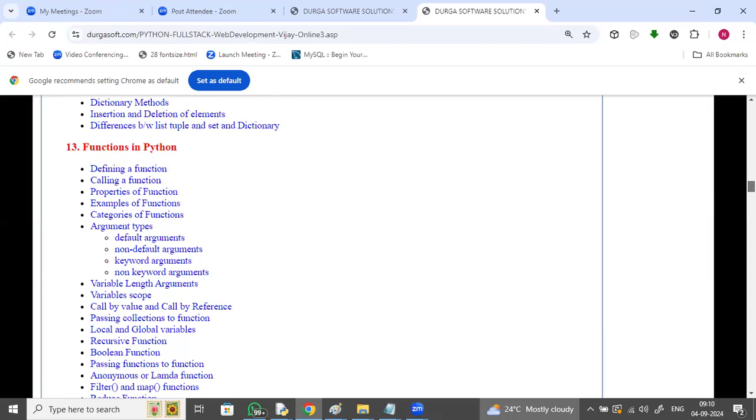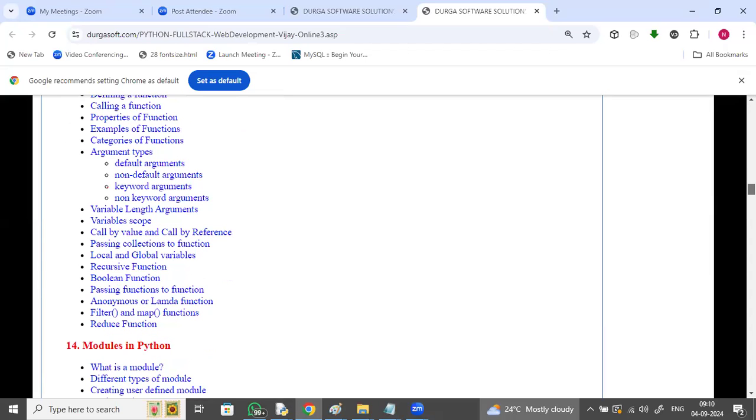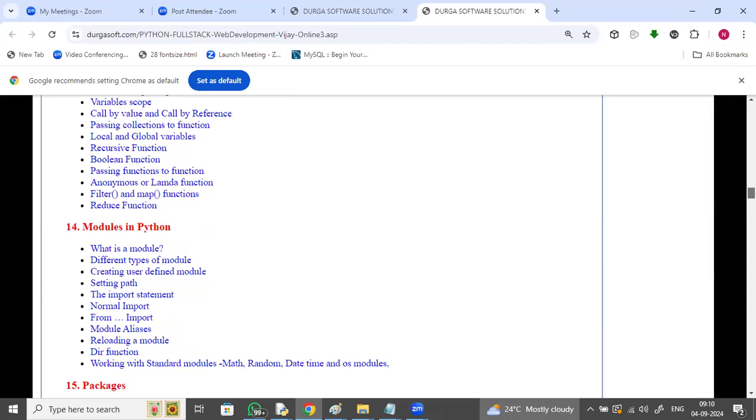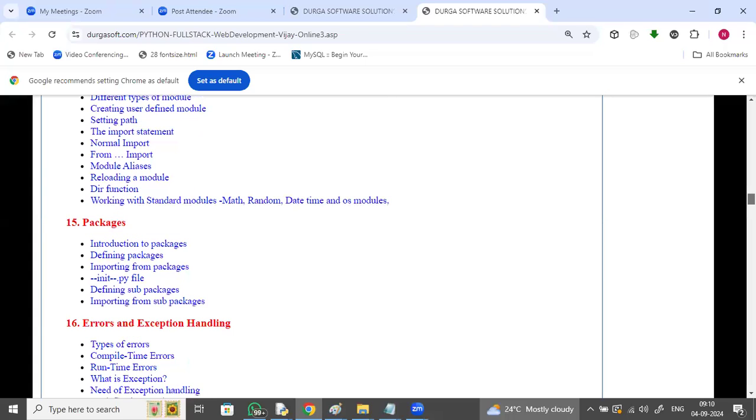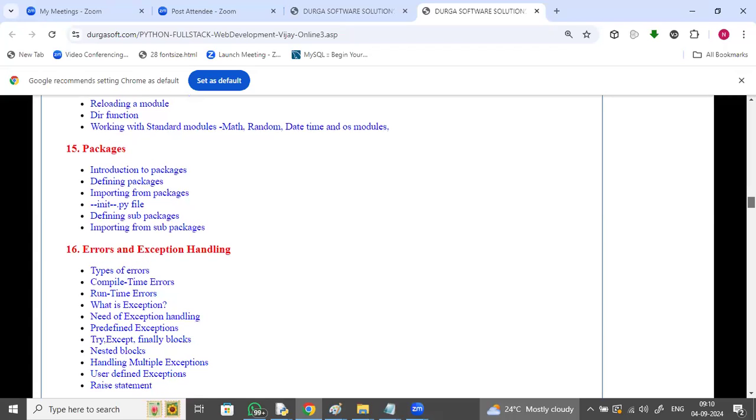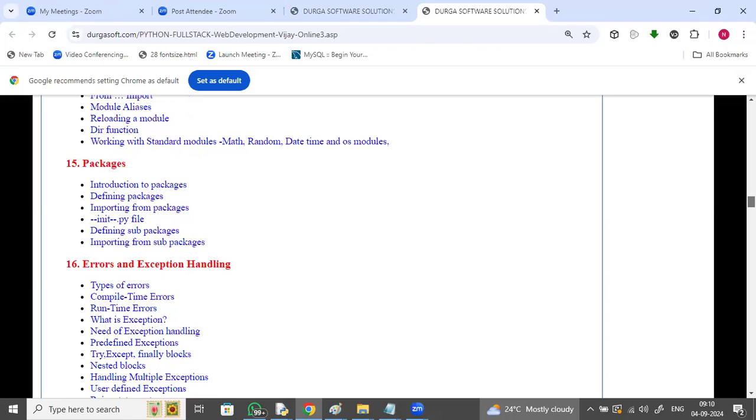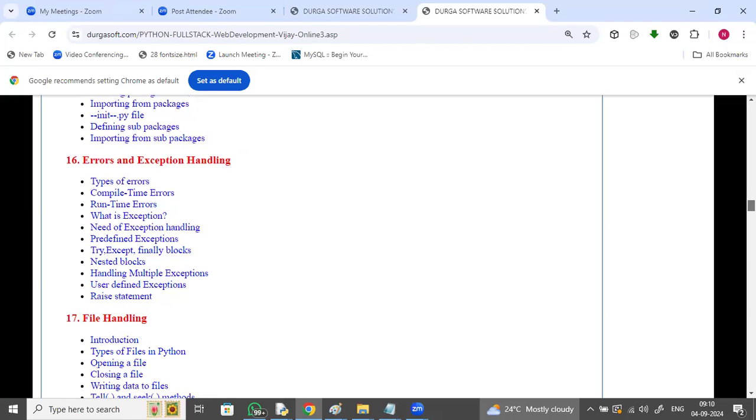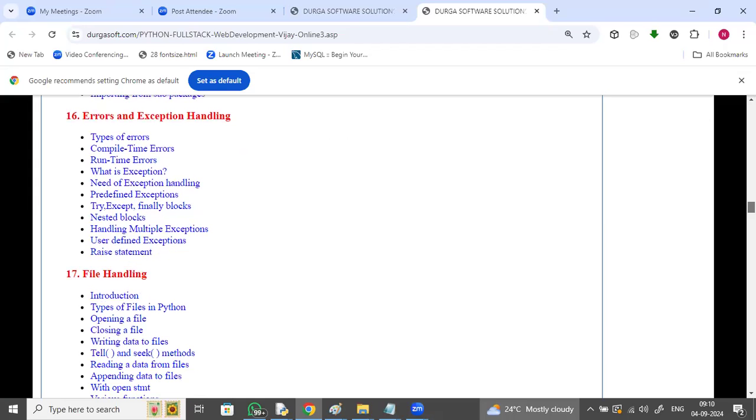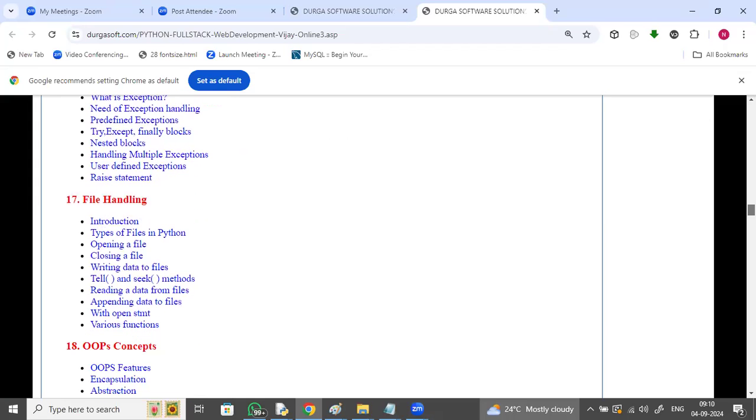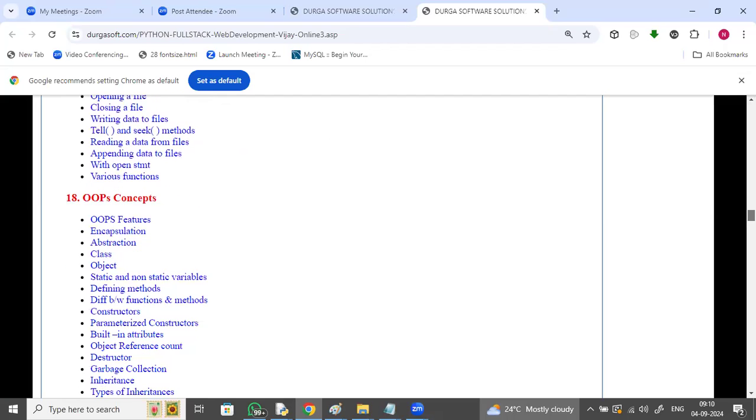Dictionaries, functions, different categories and types of functions, modules, importing. Data structures will be a separate package, it won't be in this. Yes, that is a separate package. Then errors and exception handling, file handling, object-oriented programming concepts,